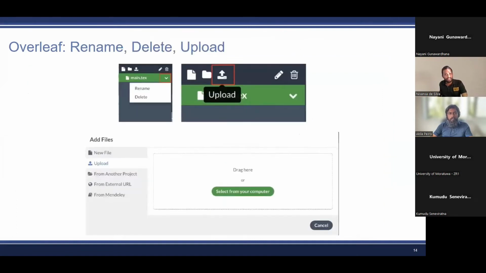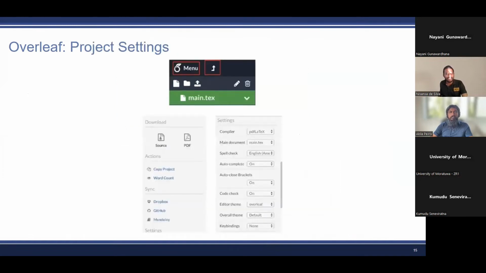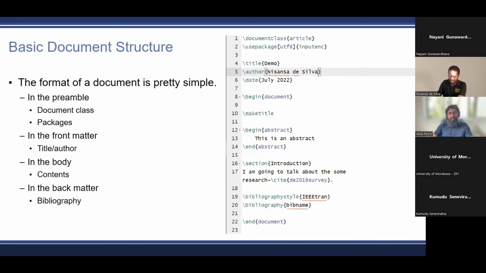Quickly going through other stuff that you would see we use seamlessly are the uploads, which goes here, and renames, which would give you windows very intuitively. And finally, the project settings, which would tell you how to get it out as a source file or a PDF. All right. So I was eagerly anticipating moving on to the demo, and now it is time to start that.